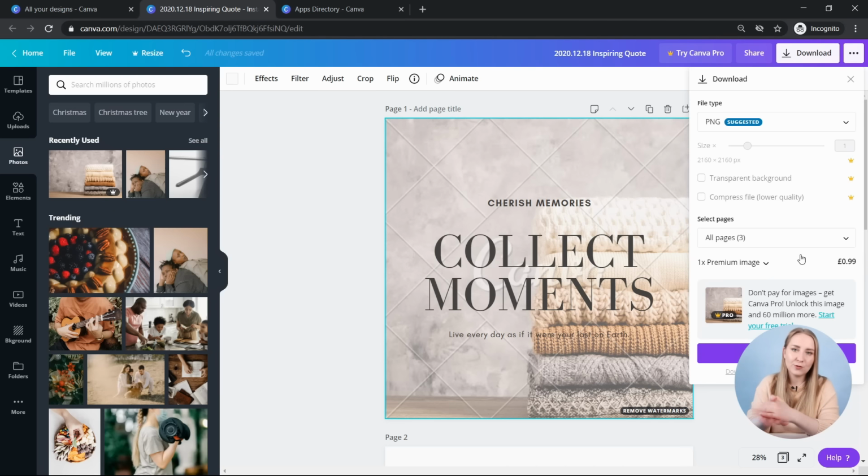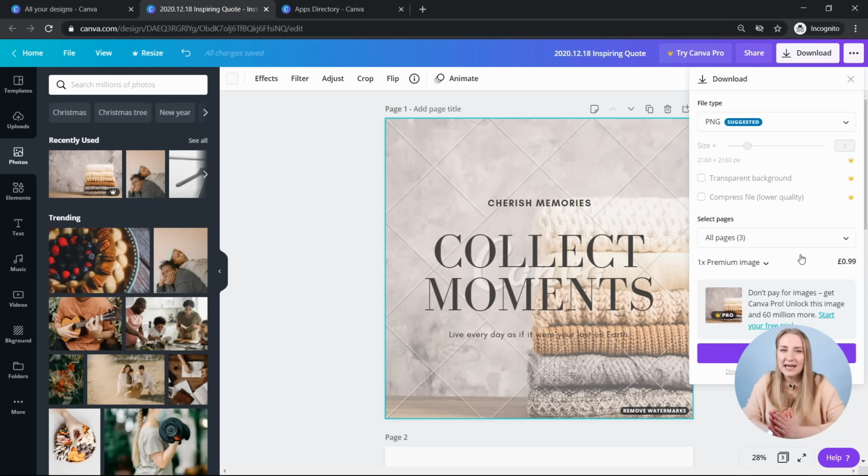But then you've got Canva Pro. And first of all, you've got a free trial that you can have for 30 days. It's completely free and it gives you access to all of these photos. So you can start designing that way, have a feel for what Pro offers, and then just download these images and they're yours. Or you can just take Canva Pro, and if you design quite a few things in a month, if you're designing for social media and you really need those more pro images, something that goes really well with your design, Canva Pro in the UK at the moment is £10.99.